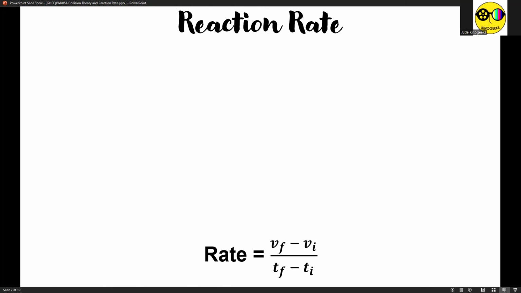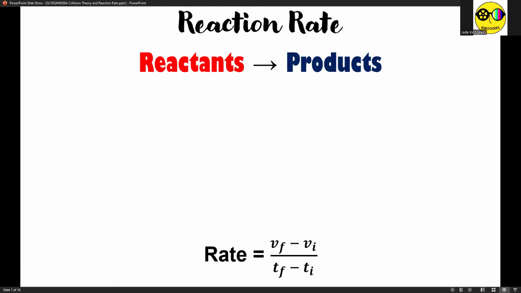So what does V and T mean, knowing that I and F correspond to initial and final respectively, no? So assuming you have a sample chemical reaction wherein you have reactants on the left side of the arrow and products on the right side of the arrow, let's use a graph to visually see the trend of the concentration or amount of reactants and products over time. And given that, we will designate volume on the y-axis. So that's V, no? And we will designate time at the x-axis. So that corresponds for letter T.